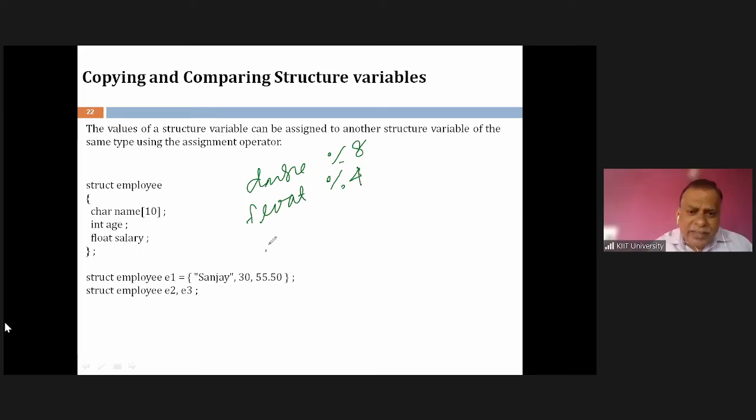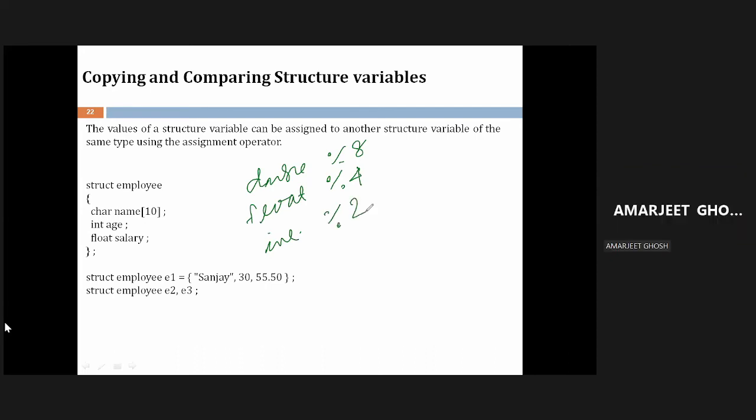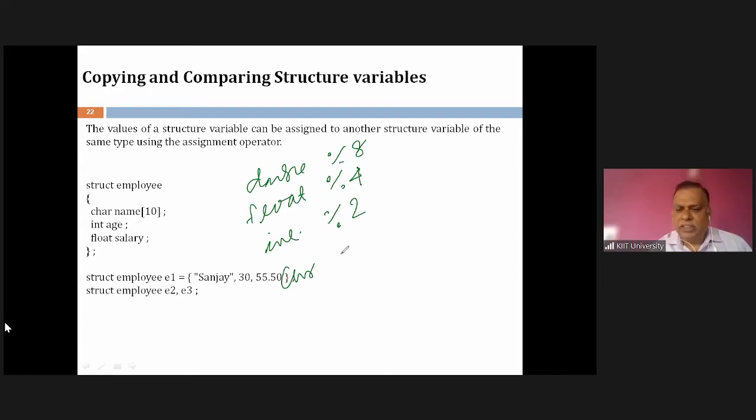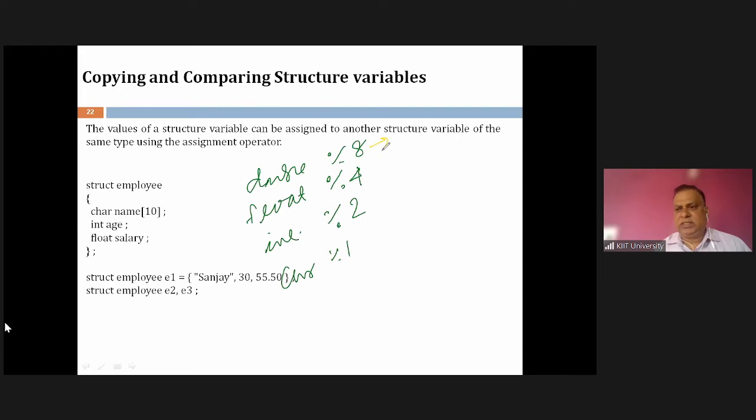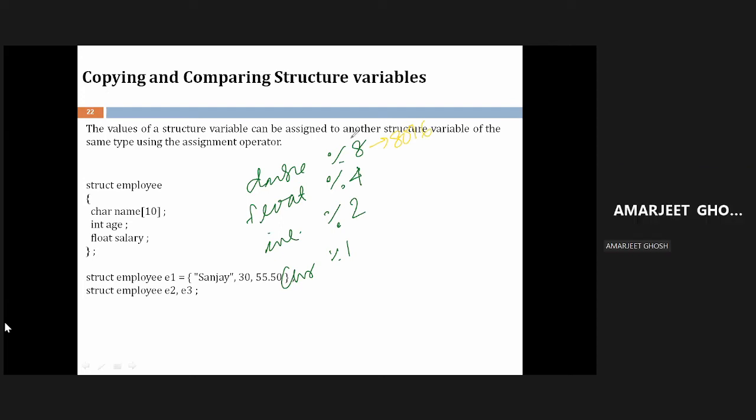If I have an integer data object, which is 2 bytes, it must start from a location which is divisible by 2. And if I have a char which takes 1 byte, it can start from any location. Divisible by 1 means from any location. It means if I want to store a double data object, it can be started, let me say, at 8016. Divisible by 8, yes or no? Yes, sir.